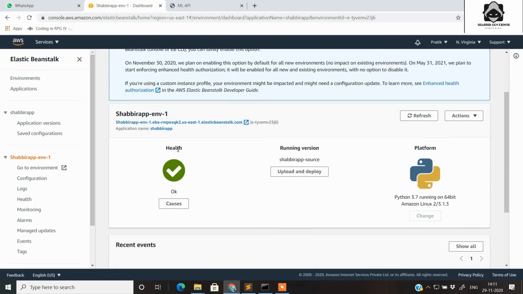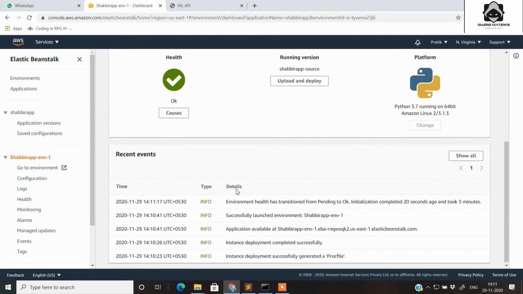Here you can see the health of my application. It shows okay, which means there are no errors. Since there were no errors, I got this tick mark here. But if you face any kind of errors here, don't worry, Elastic Beanstalk will always show you the logs in the black screen. You can always check the logs, and after solving the error, you can redeploy the application. It will work fine. So let's check my application which is deployed.